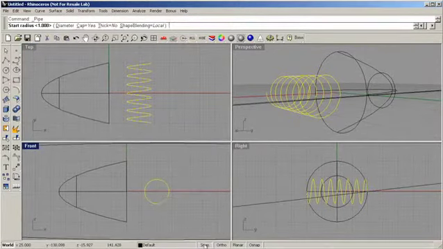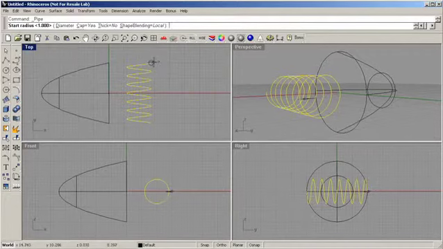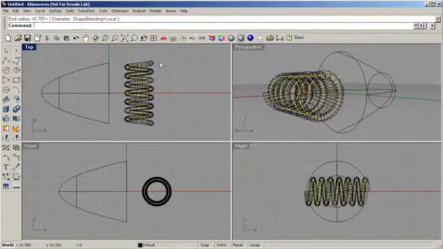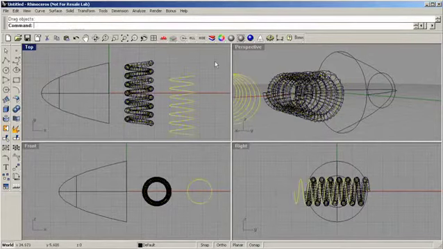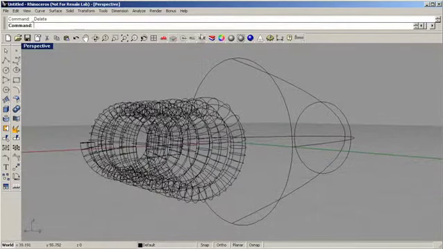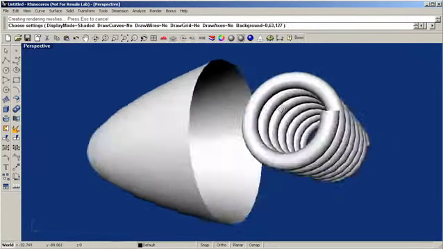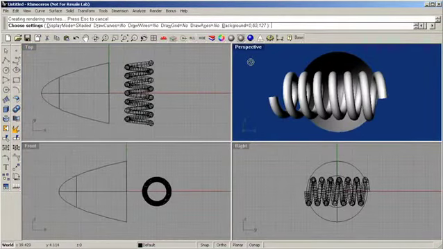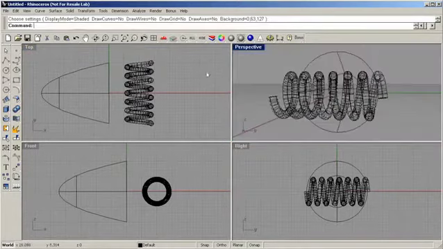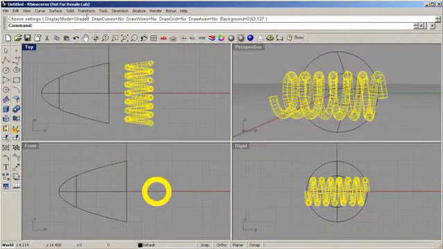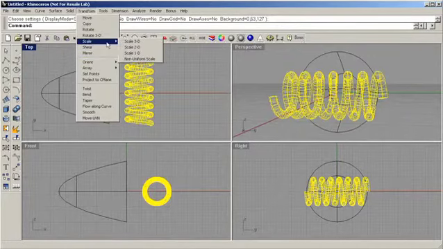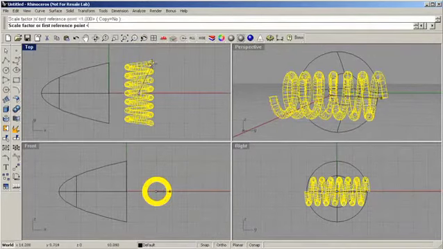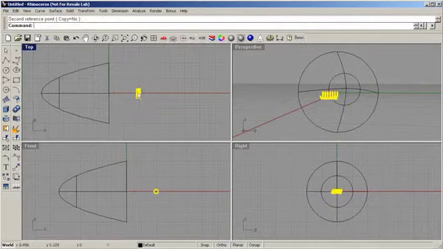I'm going to temporarily turn the snap option off, and I'm going to delete the original curve, so that we end up with something like this. Now, of course, that filament is too large for the reflector, but that's easy to fix. We're going to go into the transform menu and do a 3D scale, and then just drag that filament over here